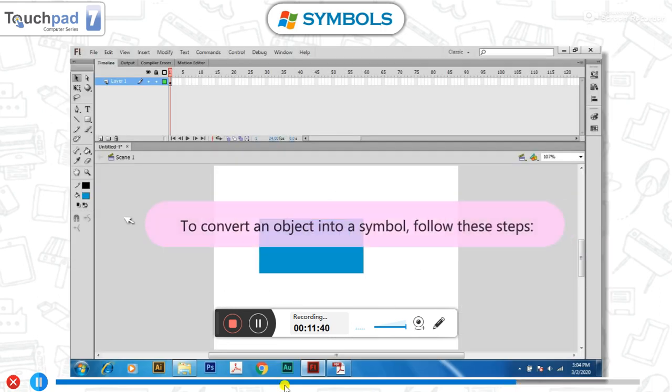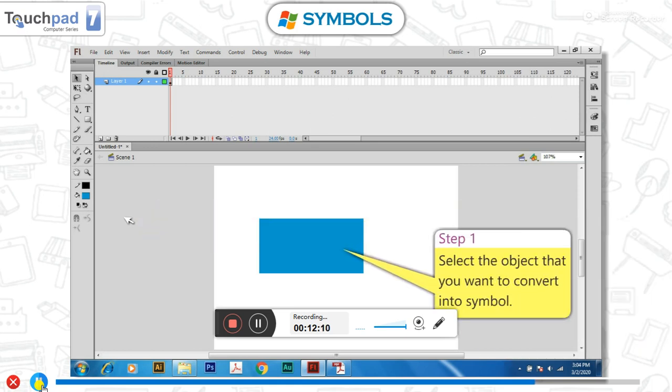Now the second thing, to convert an object into a symbol. Suppose you have drawn something on your screen and you want to convert that object into a symbol. Then it's also a very simple way to convert. See the steps. First of all, you have to draw your object and then select your object.